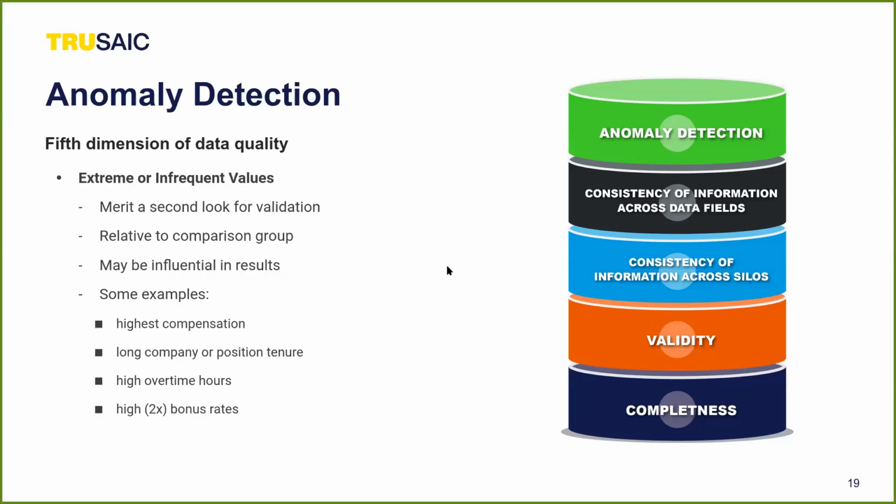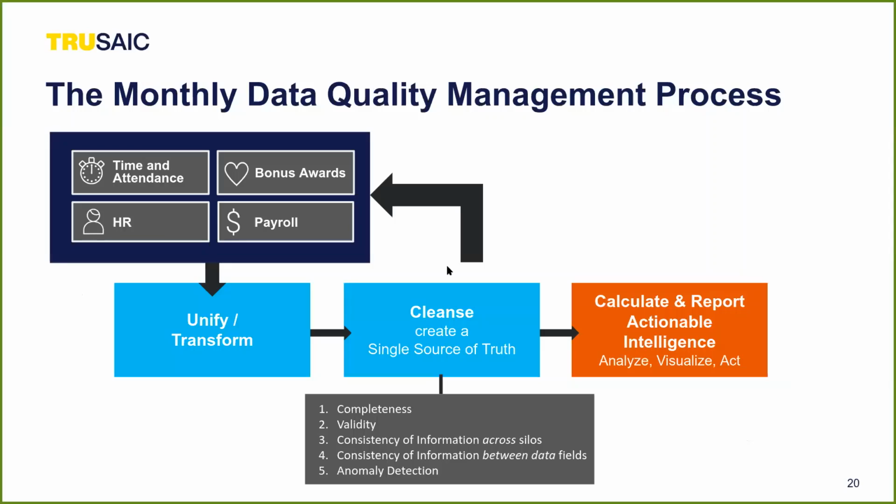And it's a way of organizing the issue of making sure your data is complete and accurate. So how does that fit into the DEI monitoring process on a monthly basis? To be effective, DEI monitoring has to occur regularly, for example, on a monthly or quarterly basis. So we're provided this schematic to reflect that. This graphic shows how the 5 dimensions of data quality fit into that DEI monthly monitoring